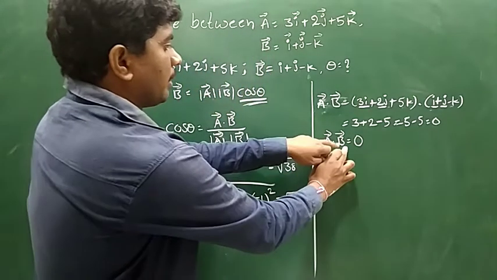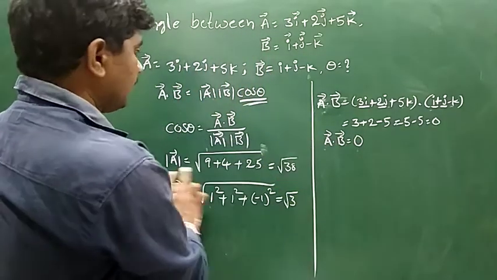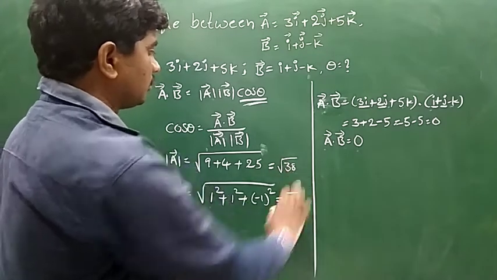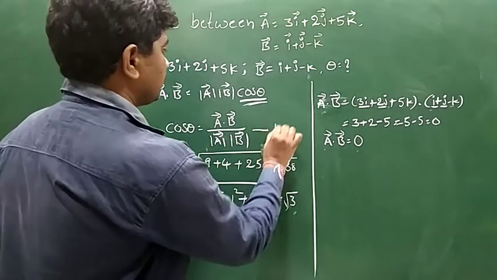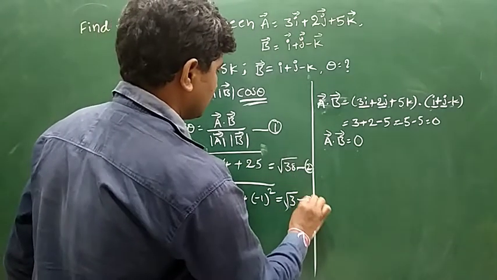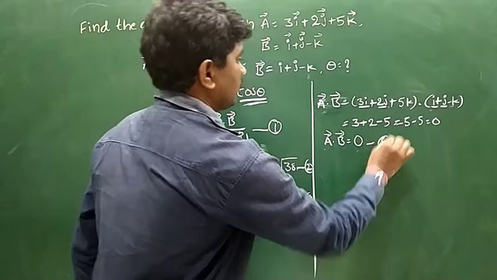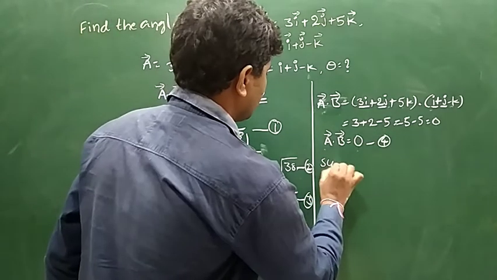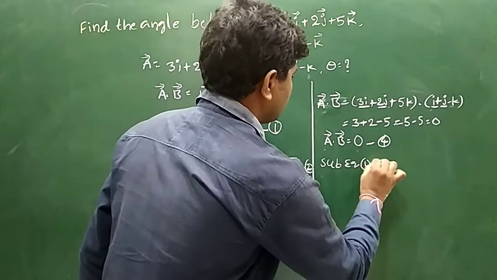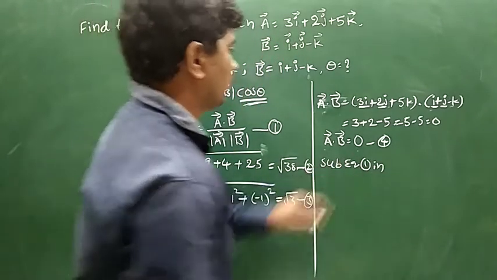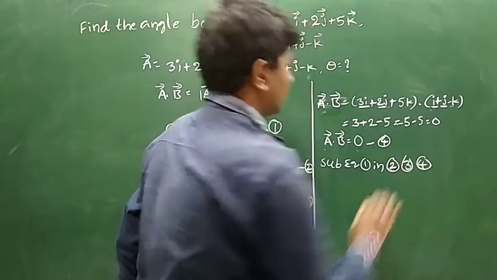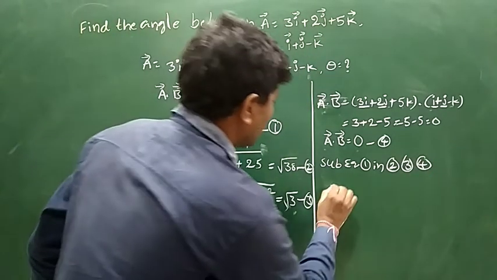A bar dot B bar is equal to 0, mod A is equal to root 38, mod B is equal to root 3. Substituting these values in the equation. Finally, the answer cos theta is equal to